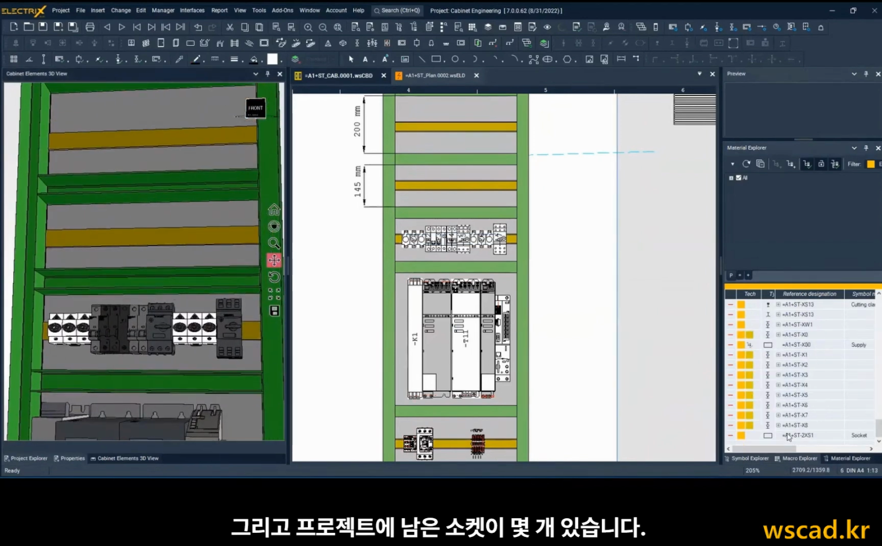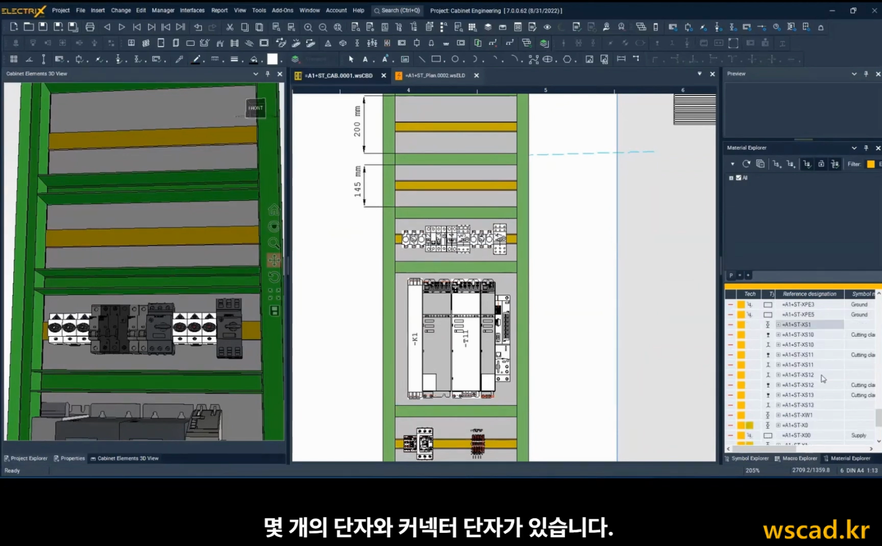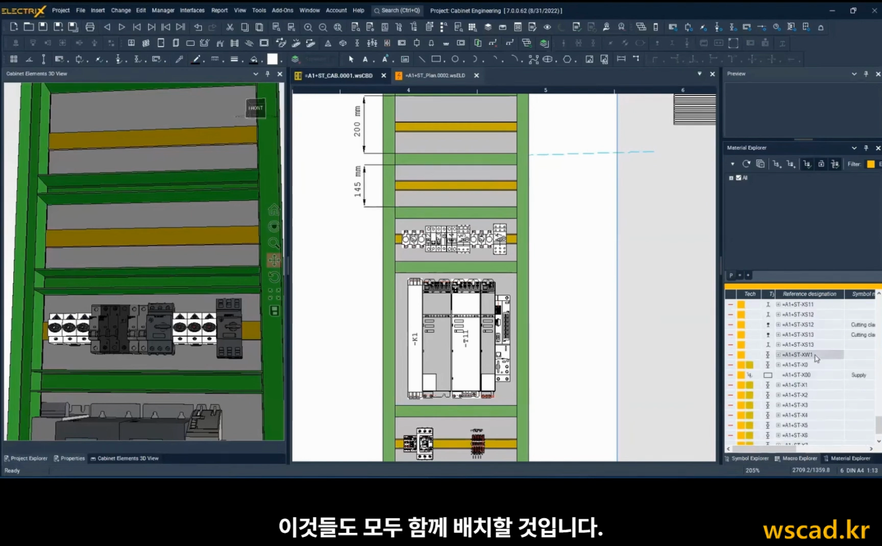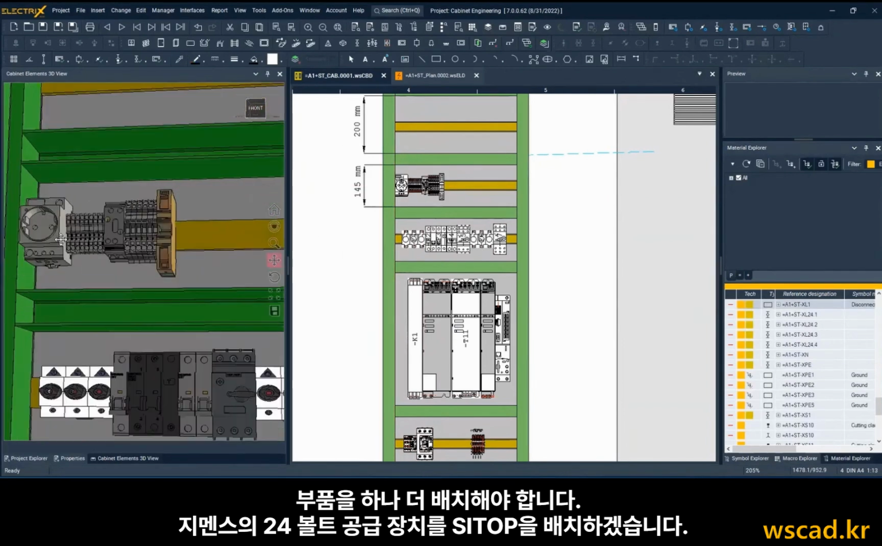If we go forward, there are some sockets left from our project. And what else? We have some terminals, and these connector terminals. We will also place them all together. And now we have to place one more